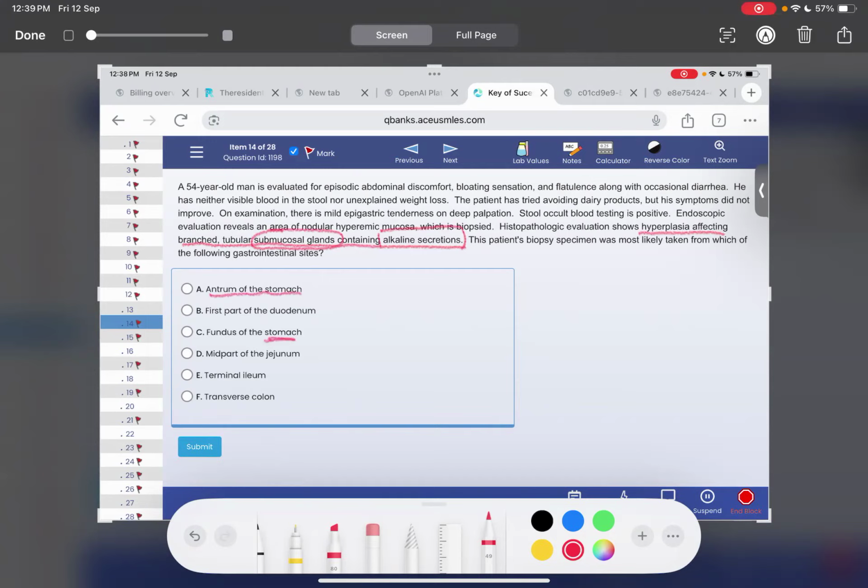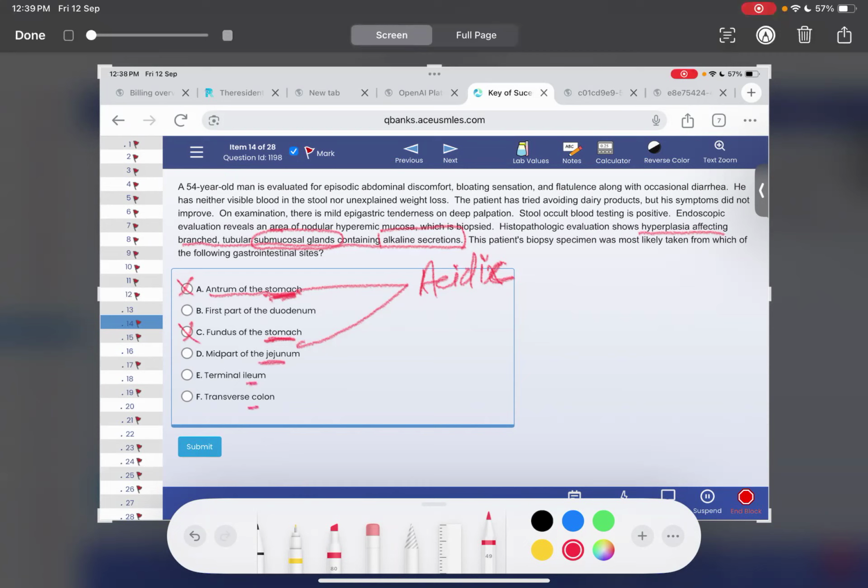Stomach. Alkaline or acidic? Acidic. I think exclusion. Okay. Yes, sir. Okay. So what's the point of the jejunum and